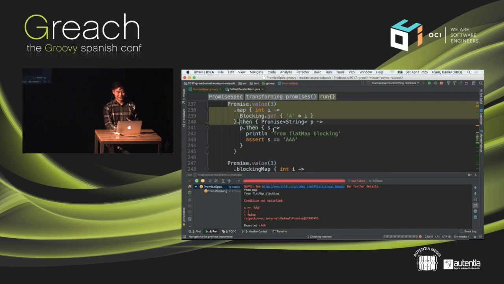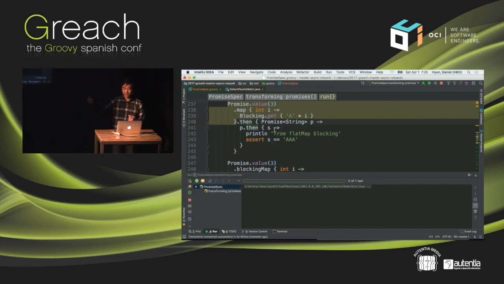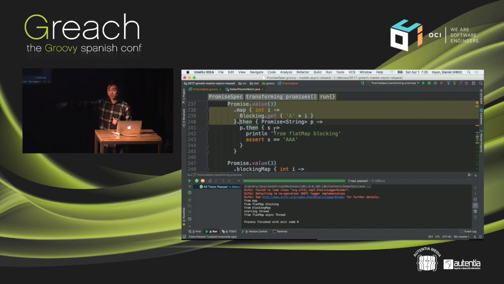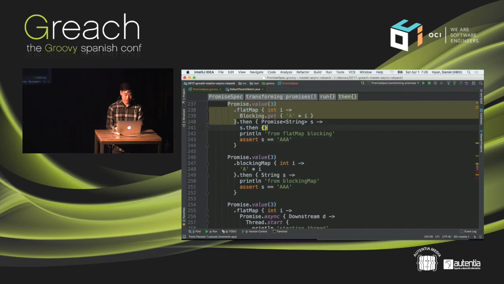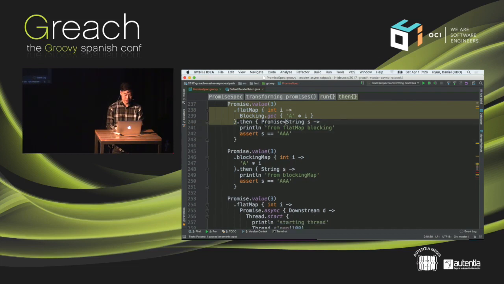New users to Ratpack, what they end up doing is they'll end up having a bunch of nested subscriptions. And this is typically not an easy way to work with Ratpack. Ratpack gives you facilities that allow you to kind of linearize your data flow. And we'll cover those mechanisms here. But let's just undo all of this. There you go. Okay.